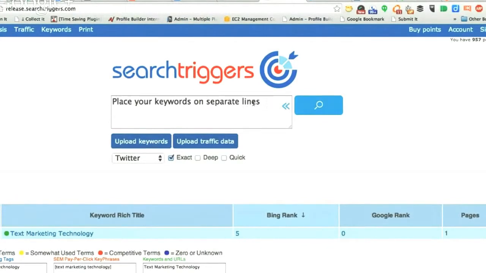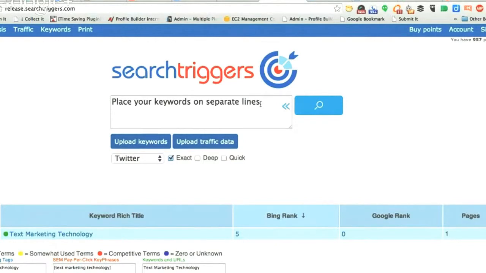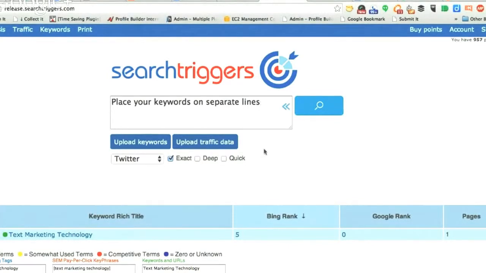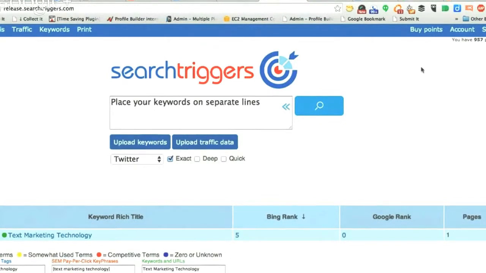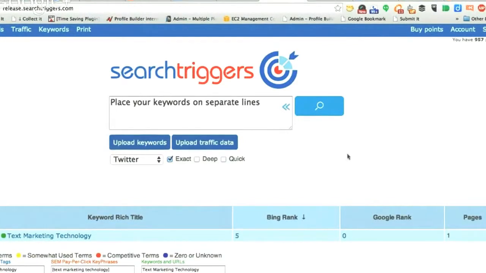You can upload your keywords. You can also upload your traffic data. Nice. That's so cool. What is traffic data? Well, that would be your export of your traffic reports from any of the major advertising services, so that you can find the best ROI on your ad spend. And Search Triggers will be doing complete analysis on that. That's what we're covering only in Pro. Excellent. Well, we'll do a video about that, I think, in the near future. Yeah, that's a video in itself, just how to analyze traffic data.